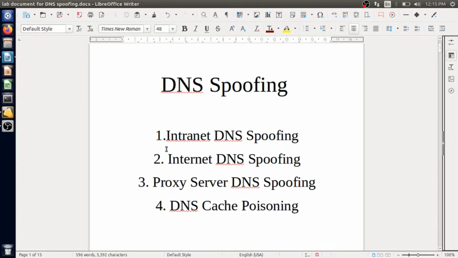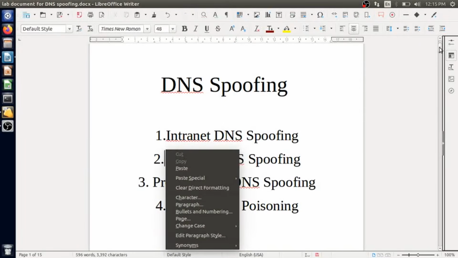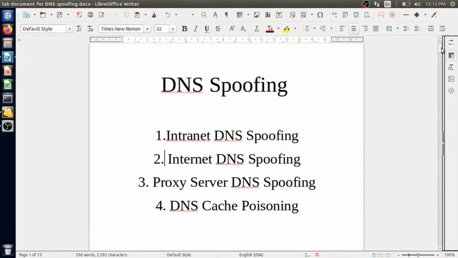When a user makes a request, the DNS resolver first checks the DNS cache. If it finds the requested domain name in the cache, the resolver quickly sends the respective IP address, which reduces the traffic and time of DNS resolving. So we'll see one attack in this.